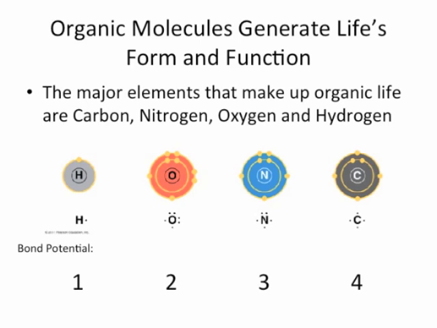Oxygen, which has an atomic number of 8, therefore has 6 valence electrons, so it's missing 2. It can make up to 2 covalent bonds. Nitrogen, which has 7 electrons, has 5 on its outer shell. It can make up to 3 covalent bonds. And carbon, which has 4 valence electrons, 6 total electrons, can make up to 4 covalent bonds.